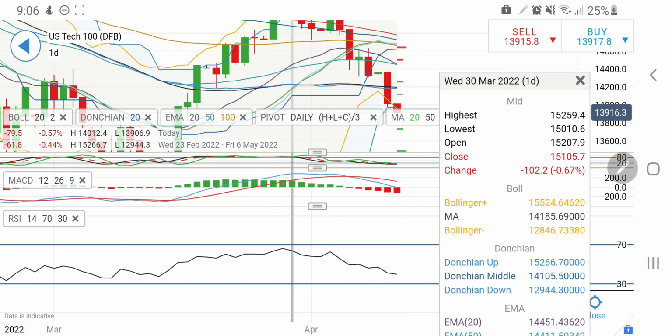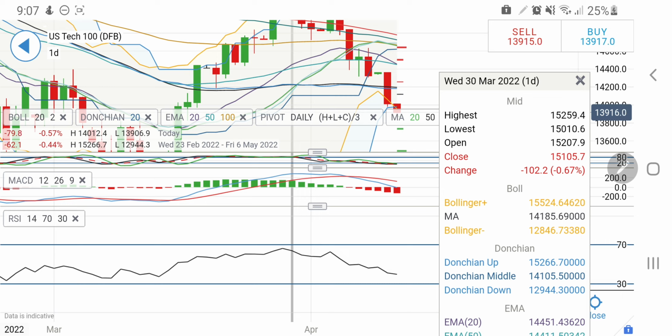So yes, don't take a position between 13,850 to 14,000. However, below 13,850, or rather I will say, till the time it remains below 14,000, 14,020 levels, one can remain short on Nasdaq 100. Any reversal confirmation is only once it breaks 14,020 levels, then one can expect that it may try to rise towards 14,200 and plus levels. So take your positions accordingly.